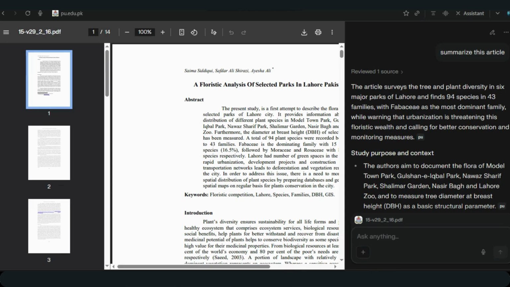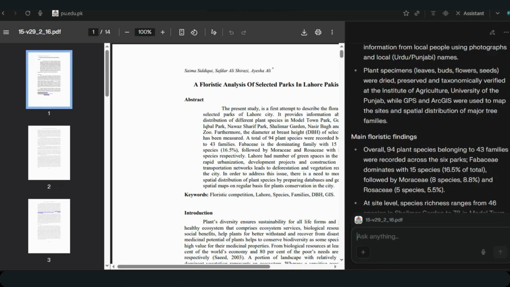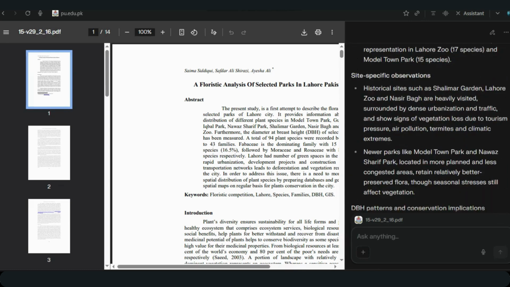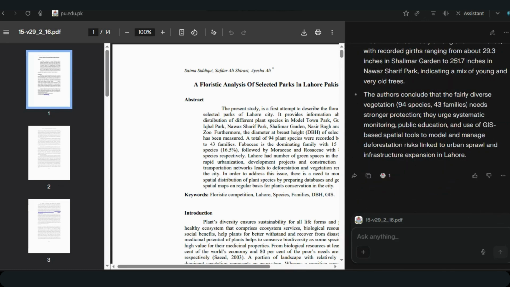As you can see, it gives me a clear summary of the whole article.